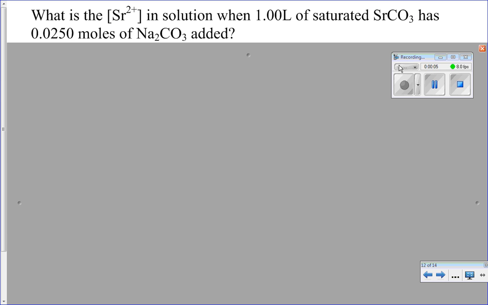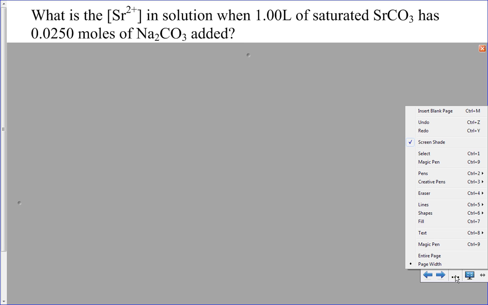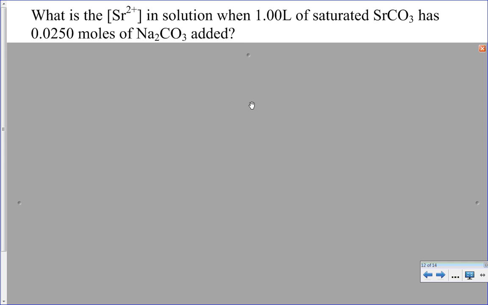Second level 3 problem. We've got a similar thing. We have strontium ions in solution. We need to find its concentration when it's already saturated, but it has 0.0250 moles of sodium carbonate added. Right? Now, even though this is describing a situation where it sounds like first we have the